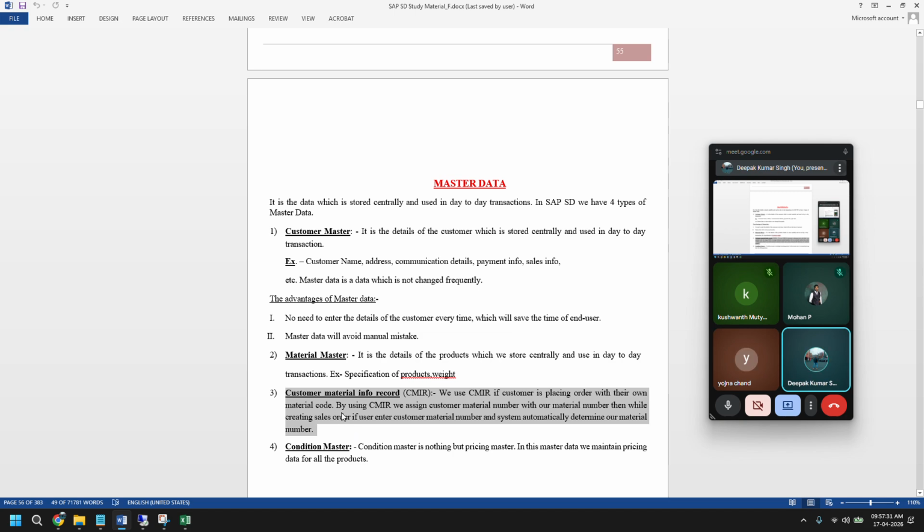Then your condition master, or you can say the price master. Let's say there are 10 different items in your company, right? And those materials will have different prices. Let's say one material 10 rupees, another material 20 rupees, the third material 40 rupees. Since we are talking about 10, let's say there are 100 materials. So there will be a team who will be deciding the price, what price we have to sell those goods at. So that price also comes under your master data. When you create a sales order,